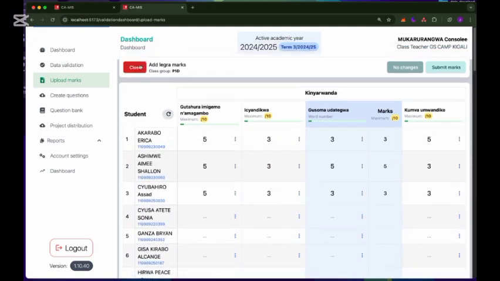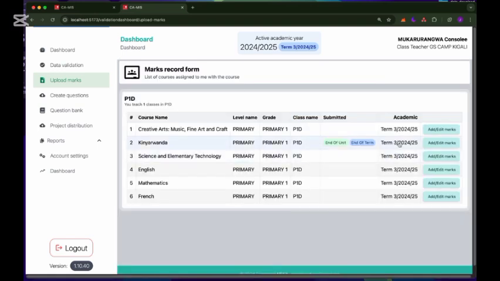Now we've seen how you can record the marks for a new student. We've also seen how you can